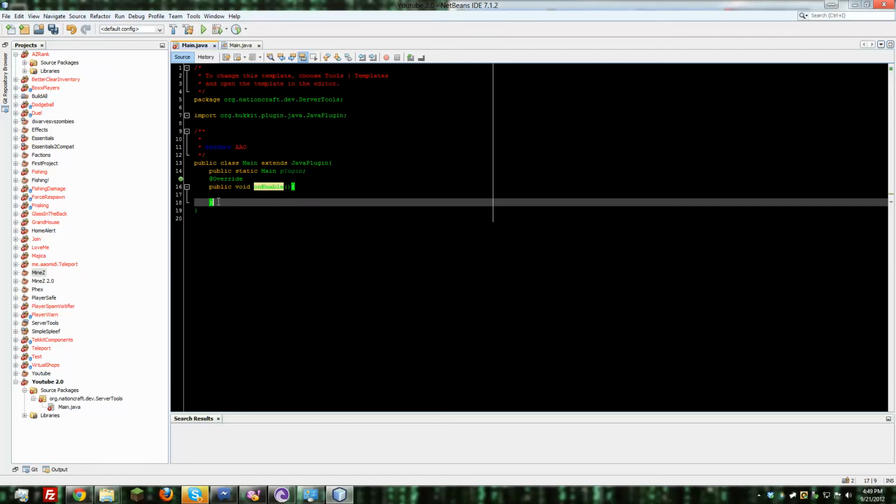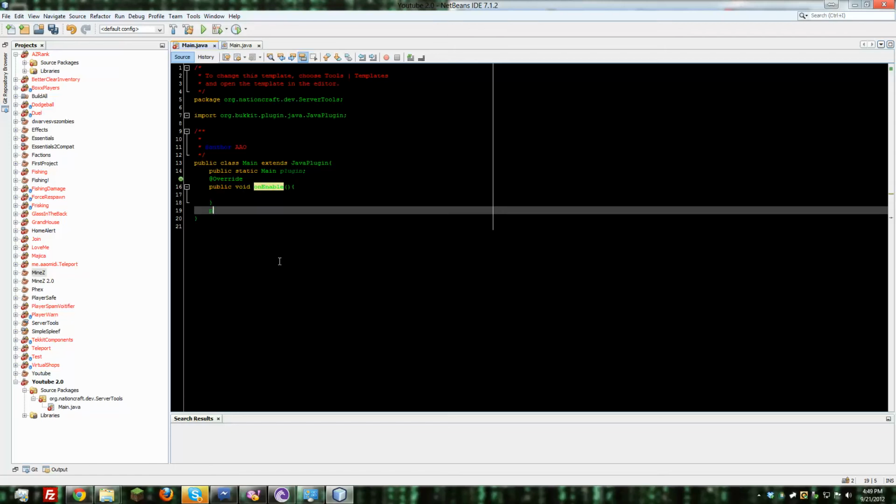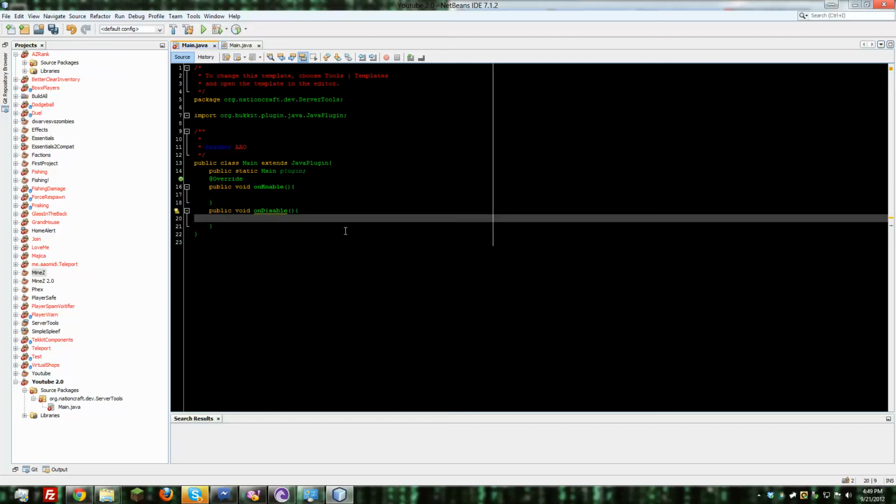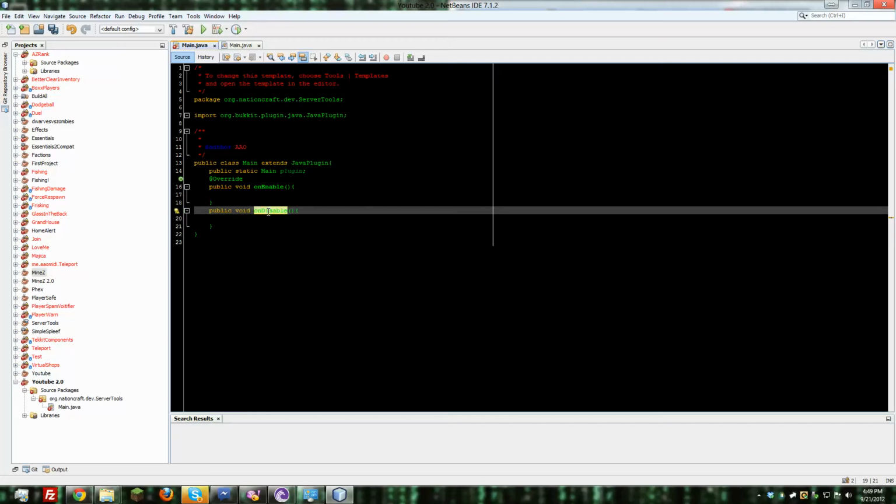So public void on enable, and guess what? We have to have an on disable. We can't just enable the plugin. On disable means when the server is turning off with the /stop command, not by just closing the console. And